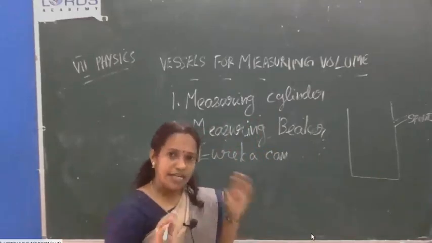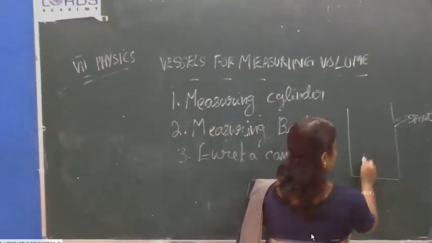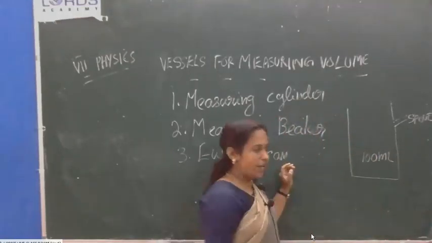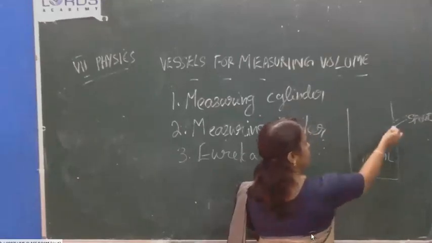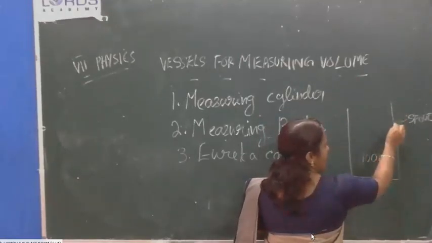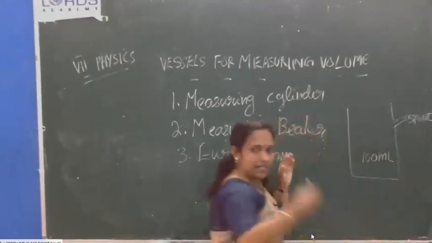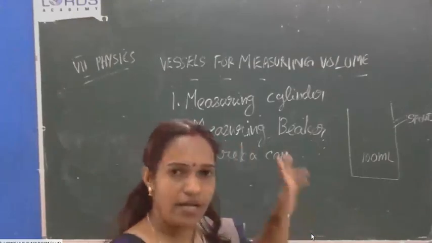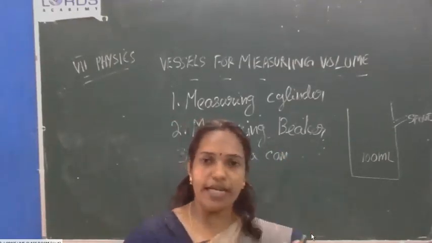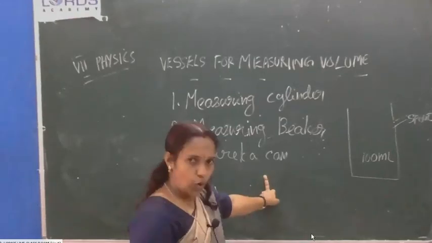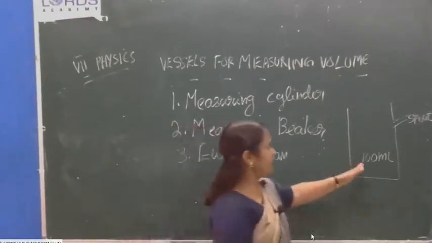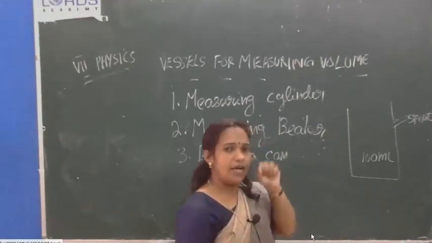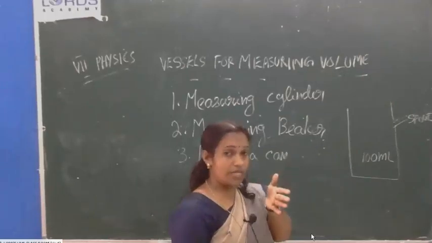If you need only 100 ml, suppose this Eureka can has a capacity of 100 ml. If you are pouring water into it, what will happen? After reaching this point, the extra water or extra liquid will drain out. Clear? So for the Eureka can also, you only have to know the diagram. Eureka can is a vessel for measuring the volume of any liquid. There also, the beaker I told you is 150 ml. There will be a 500 ml beaker and also a beaker of capacity 1000 ml like that.